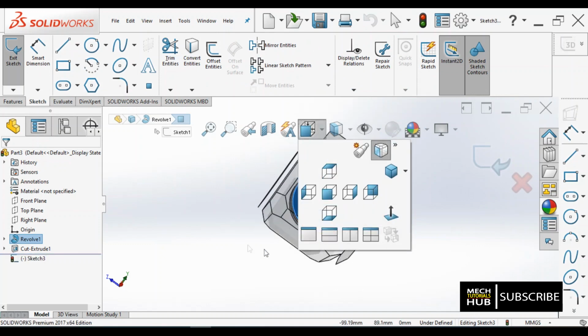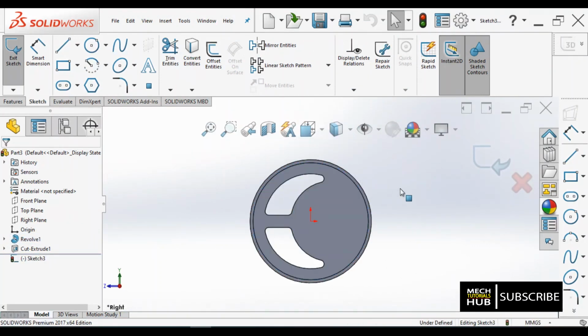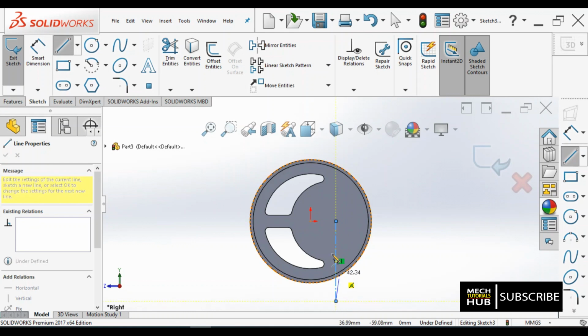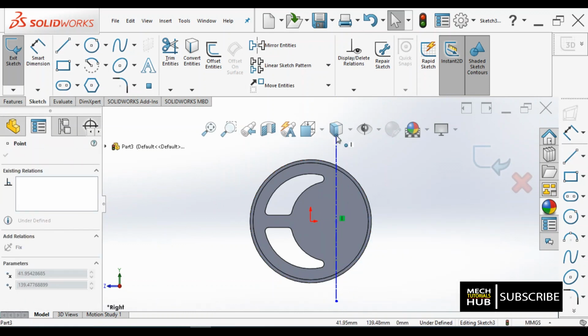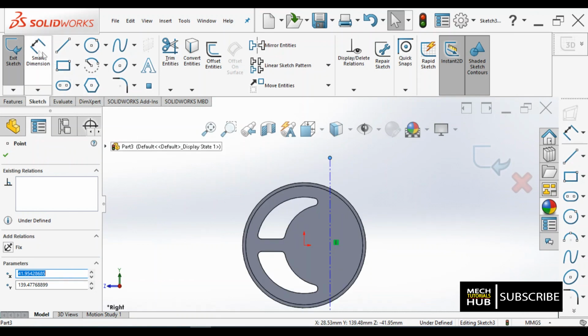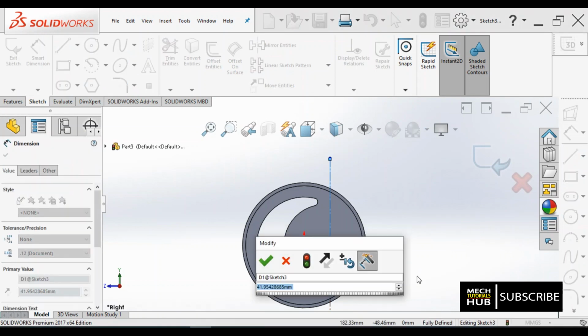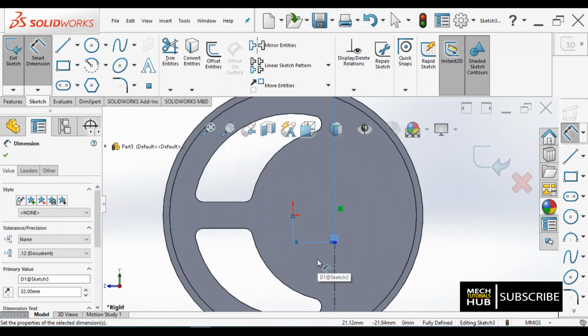On this face, I'll redraw a center line. Okay, then let me fix dimension between. 32 should be the offset distance.